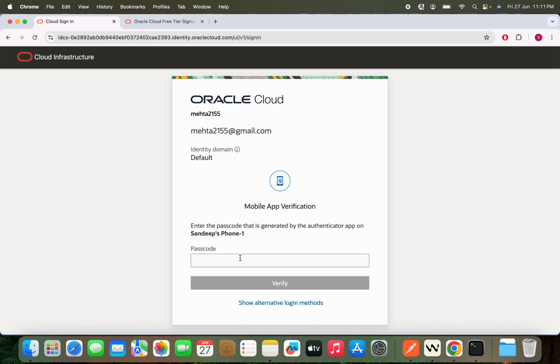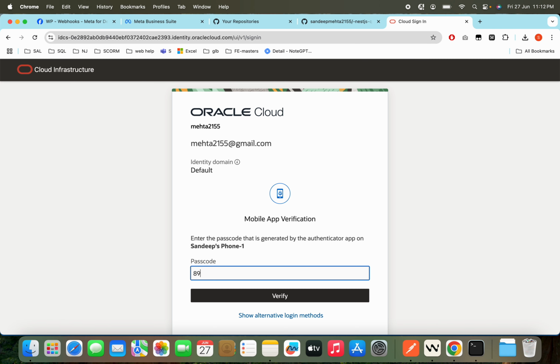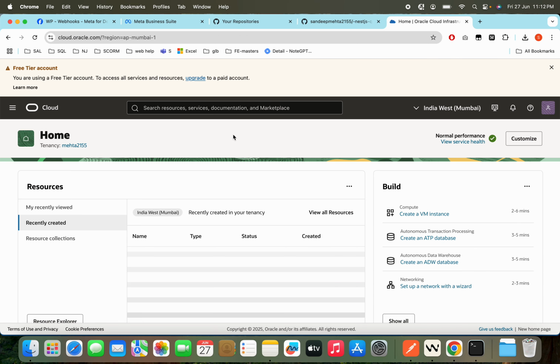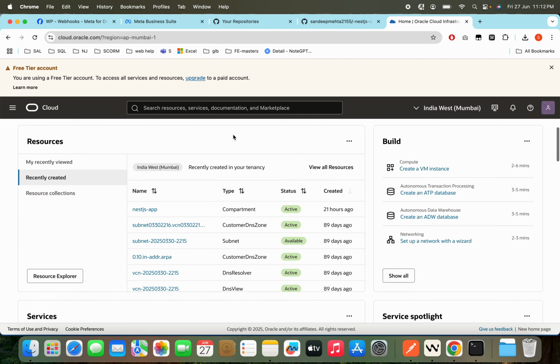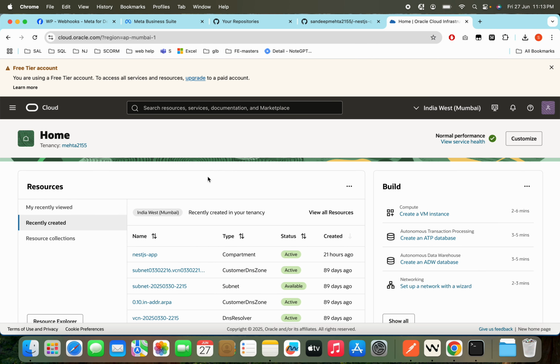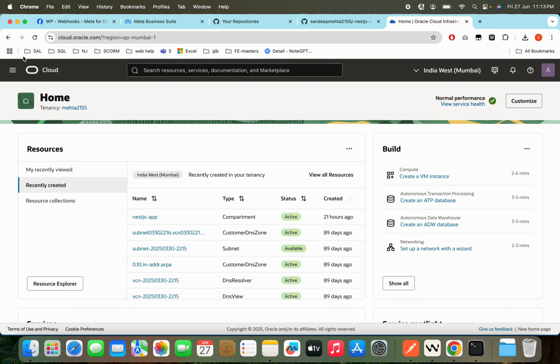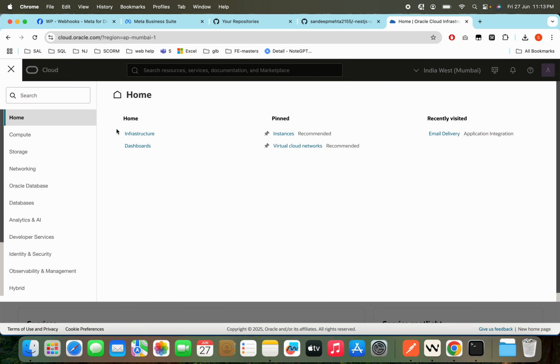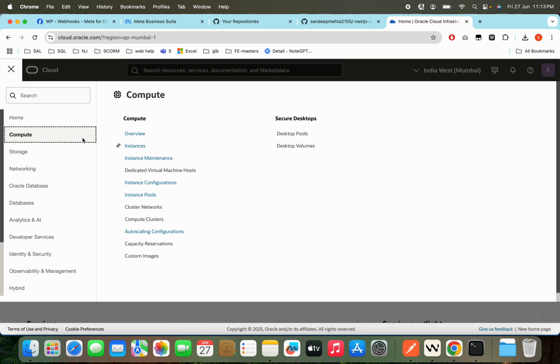I have already set up two factor authentication in my account. I will click on verify. So I have logged in to my dashboard. Okay, so before you go on creating any instance,